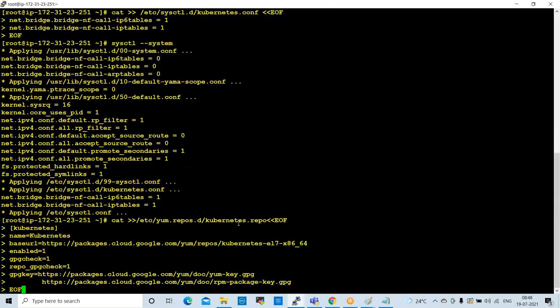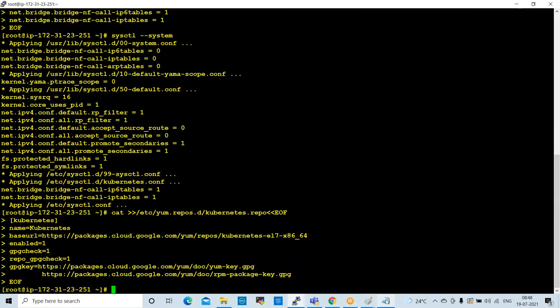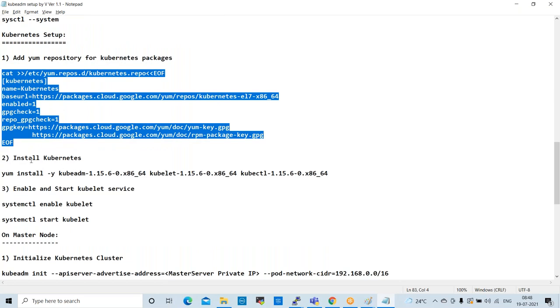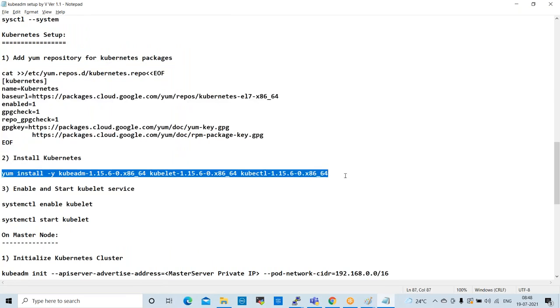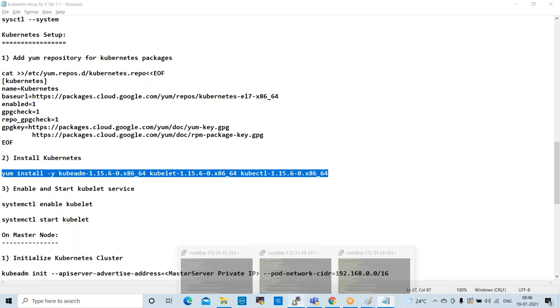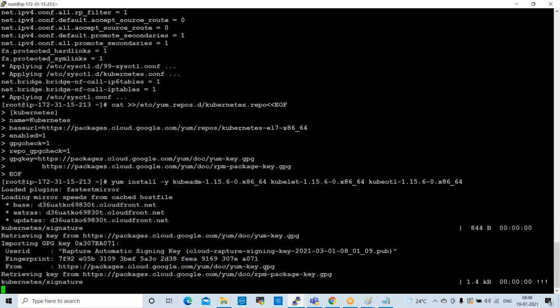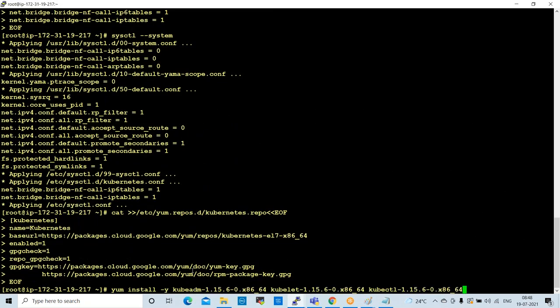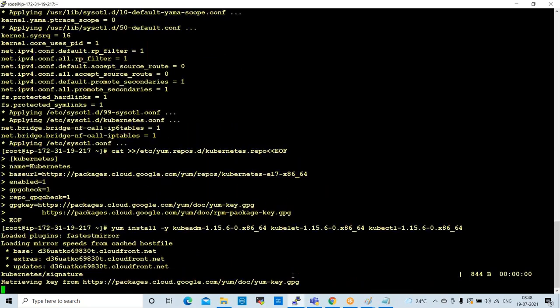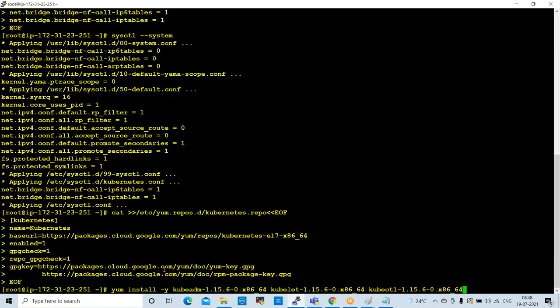Node 2 also you can enter this. Right. So after that, install Kubernetes. This is the main command. Copy this command, execute on master, on node 1, on node 2 also we can execute.